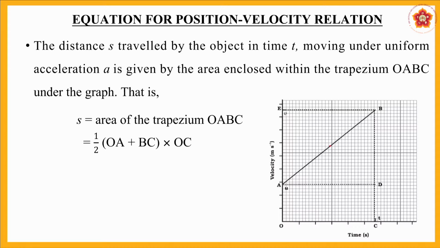Again, we know that the distance travelled by the object is denoted as S, with a uniform acceleration a. Now, again we calculate the area of the trapezium OABC, but this time we will not split it up into two parts. We will not measure the area of the rectangle and triangle and add them up. We use the general expression for this particular area. Let us see what we do.